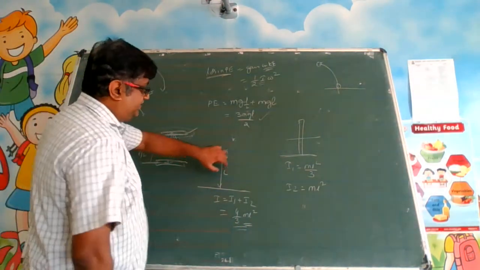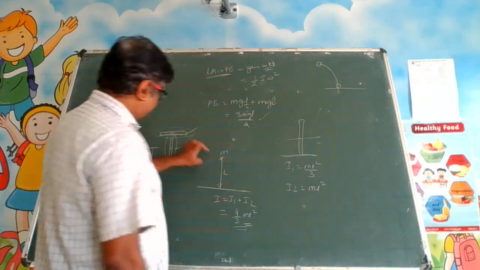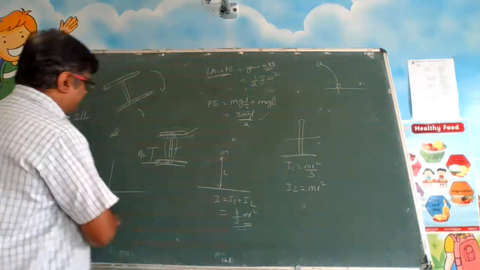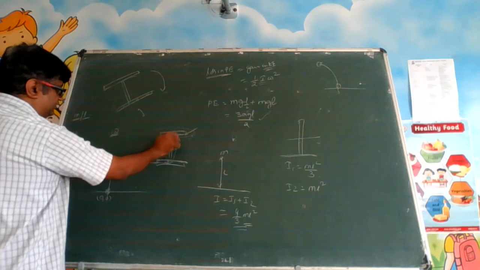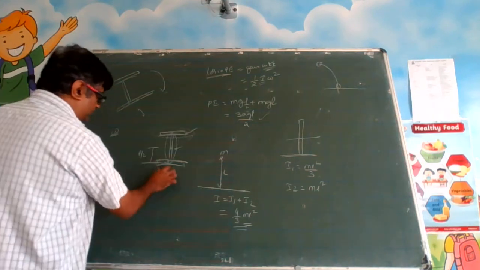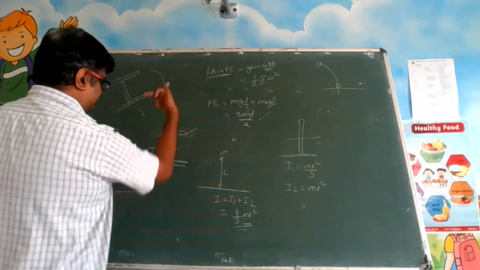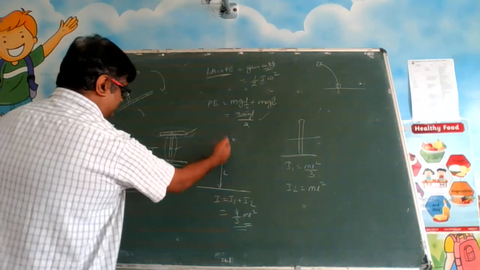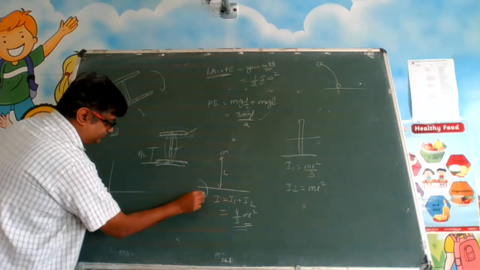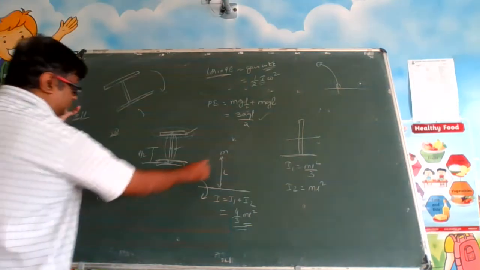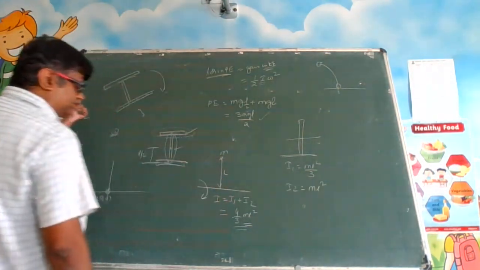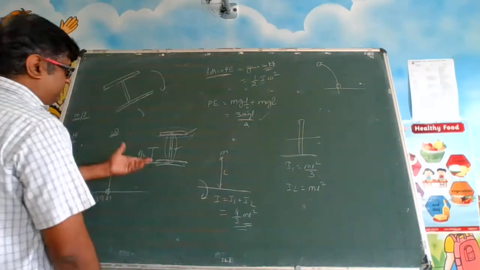This mass I have considered here as a point mass, like this. This mass I have considered as a point mass. You are trying to find out what is the moment of inertia of this horizontal portion about this. It is trying to rotate about like this. So imagine a point mass which is rotating about like this. It is rotating like this. So this mass is there. This is the distance r. You got this one.